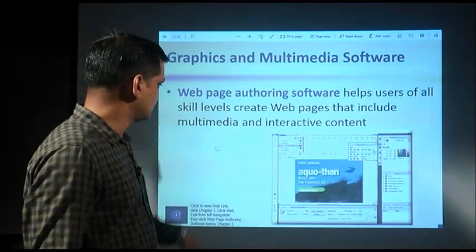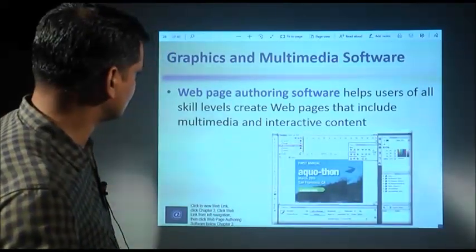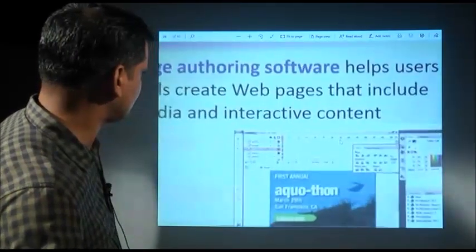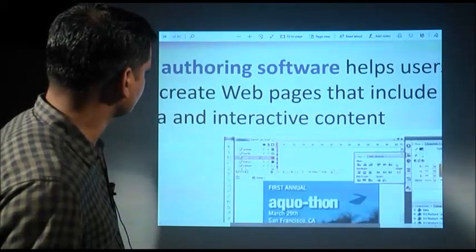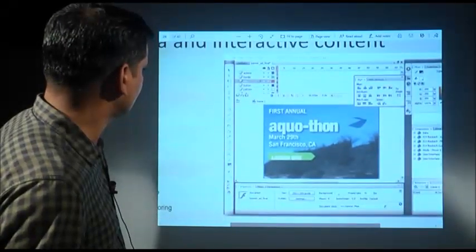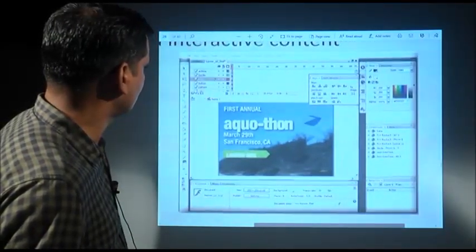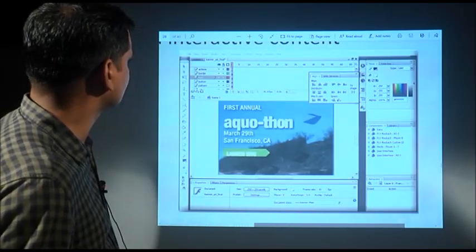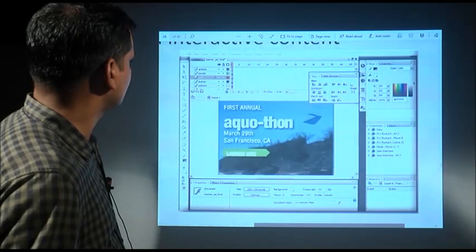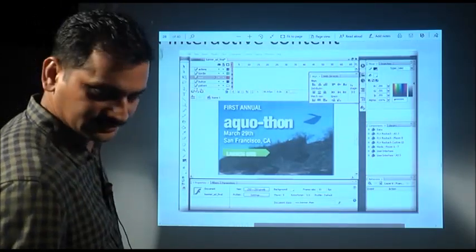The tools are available in this figure, as you can see, and we can create the pages. All the tools are available. You can create your own web page, you can change whatever image you want, the way you want, the menu, all the things. We can do this and create the web pages.